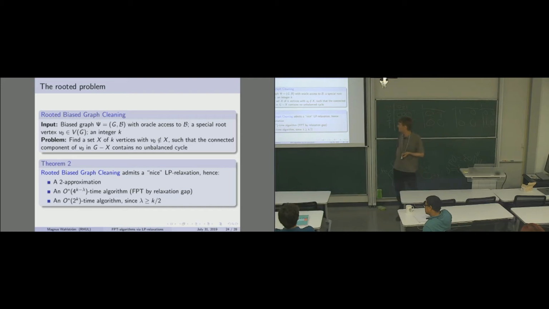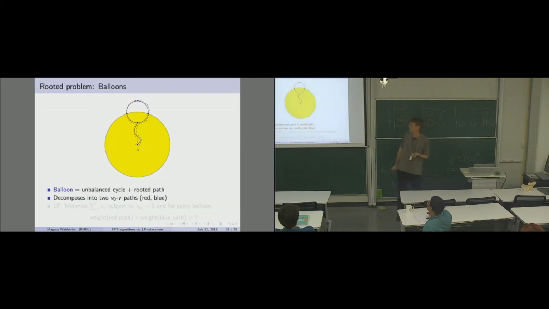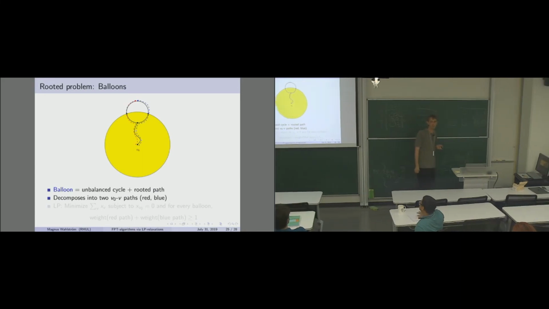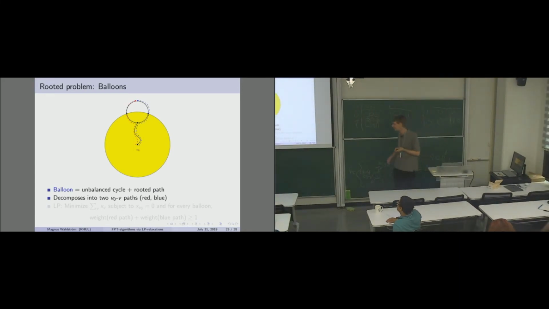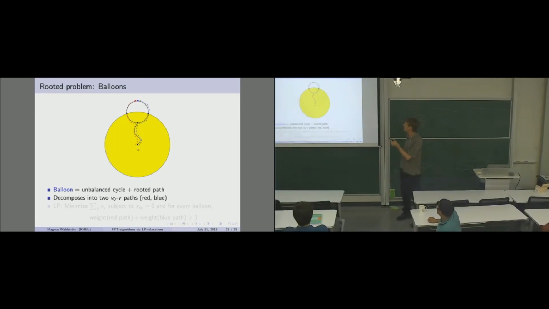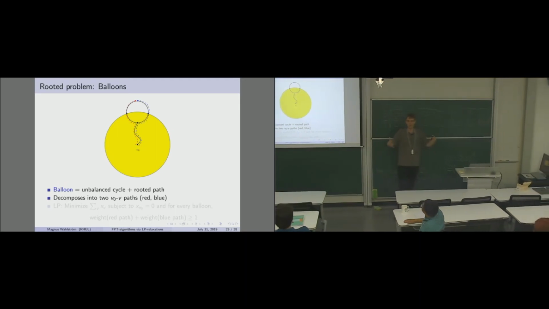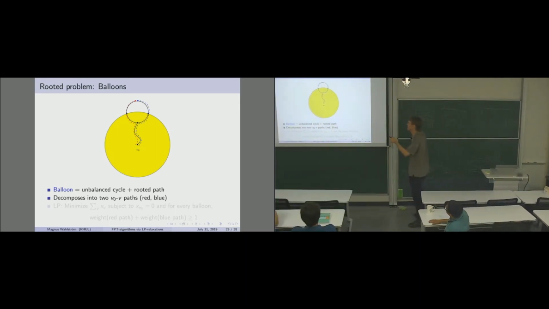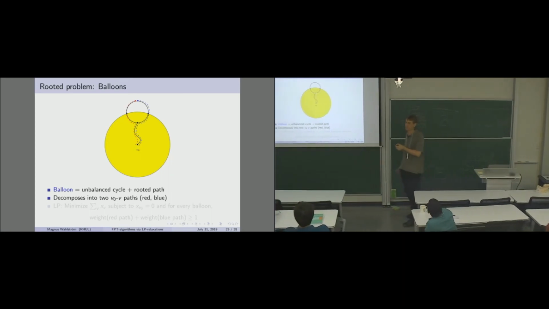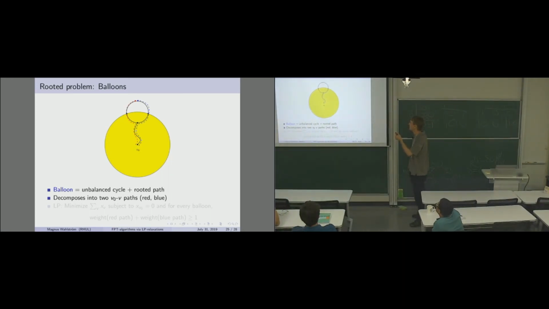So let me just paint as a picture what is the LP relaxation for the rooted version of graph cleaning. The yellow part is supposed to be the local region we have grown so far. So we start from the center and we solve an LP. An obstacle consists of an unbalanced cycle that's not separated from the root yet. So the obstacle consists of a combination of one unbalanced cycle and one simple path from the root into the cycle,